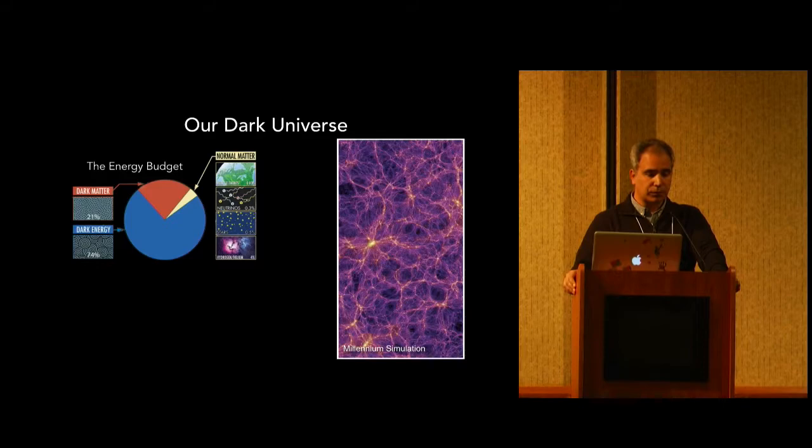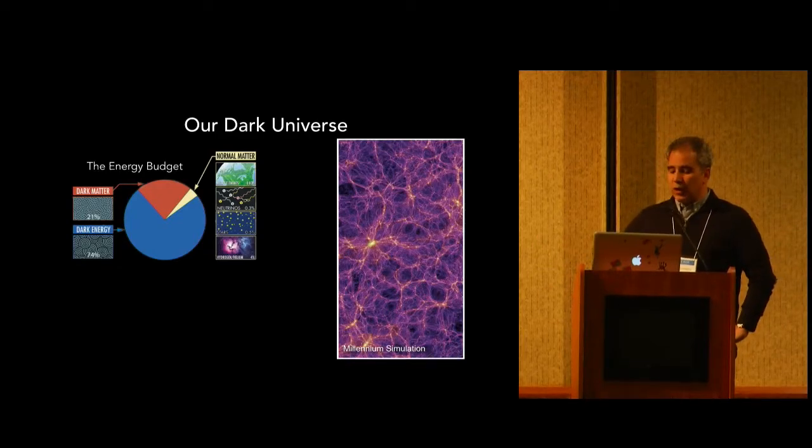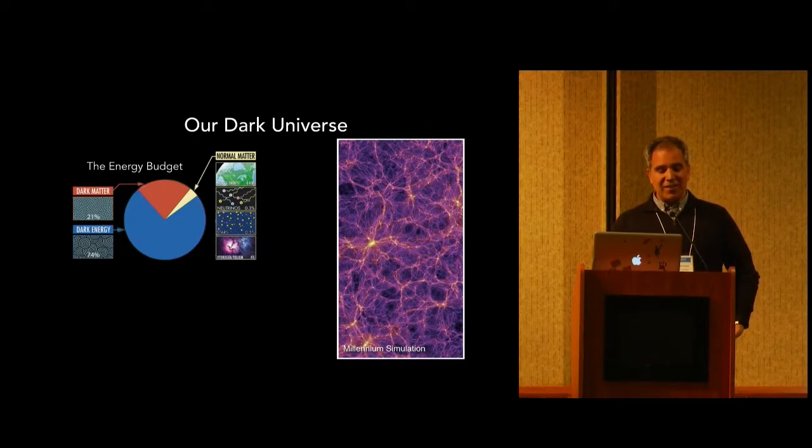So dark matter, which is another 20-something percent, is some kind of particle that from cosmology we try to pinpoint using some experiments. From particle physics, there are other ways of doing it. But it's a particle that is most likely non-interactive, and it's cold. That's what we call cold dark matter. And the rest is dark energy. Dark energy is a property of the universe that we don't know what it is, but it's making everything expand, and not only expand, but expand at an accelerating rate. So most of the universe is actually invisible.